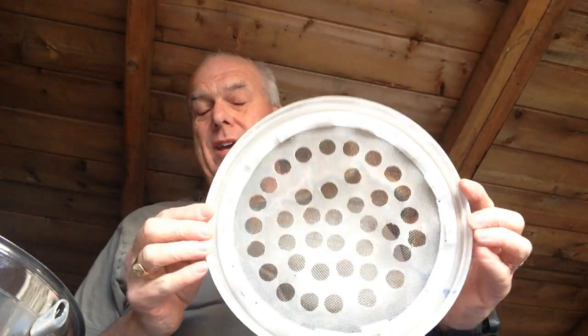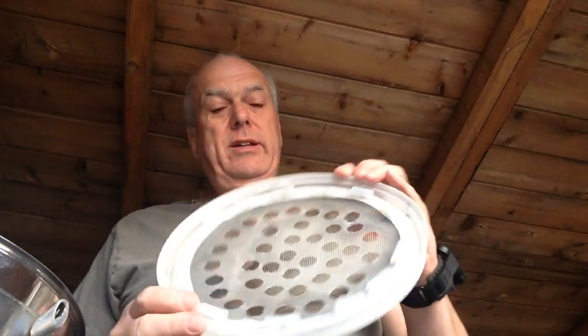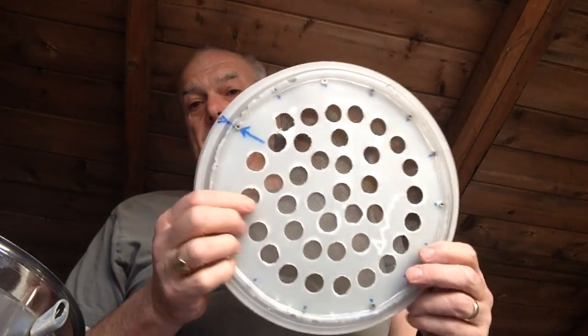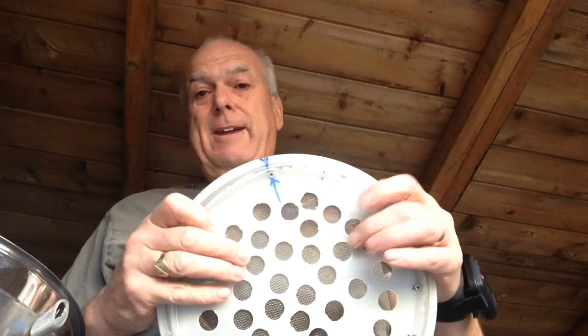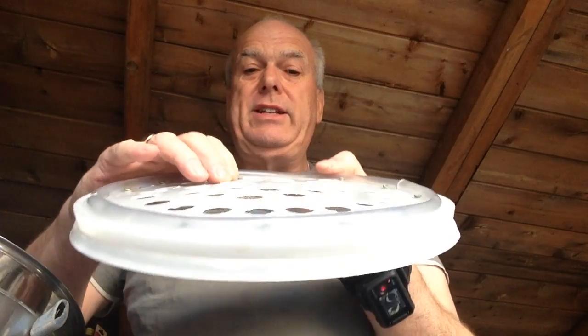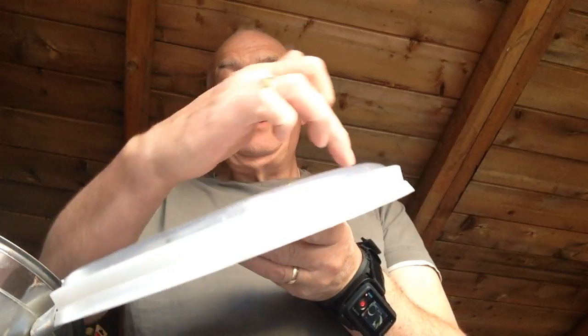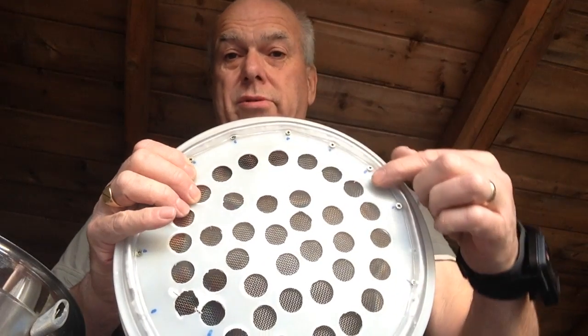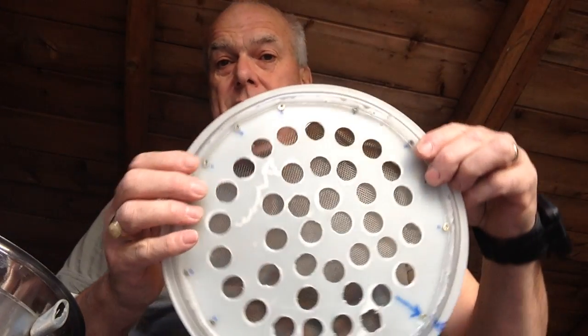Then what you're going to need is the top, and you need to alter the top. Now, you might laugh at this, but it works, I promise you. The lid that you get with the 10 litre fermenter, you cut a big hole in it. So make a big hole, and then try and find yourself some really stiff plastic. I got this off a redundant fermenter, a really thick fermenter, and I cut a ring out, and then what I've done, I've screwed with brass screws all the way around,